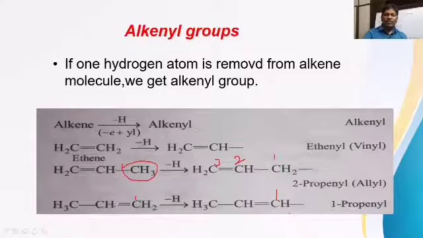It is also propene. In this case, we have removed an electron from the single-bonded CH3. In this case, we have taken it from the double-bonded CH2. That is the difference. So here, the first carbon has the free bond. After the first carbon only, the double bond is there. So we have to call this one 1-propenyl. So 1-propenyl is this one, and this is 2-propenyl. And this group is ethenyl, or vinyl group.